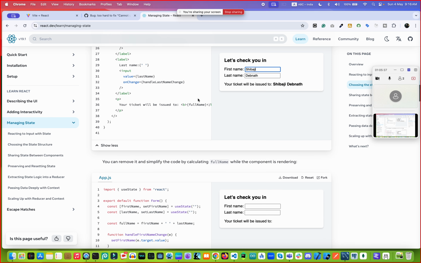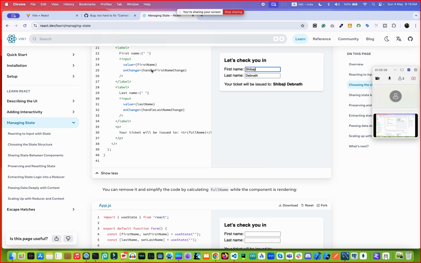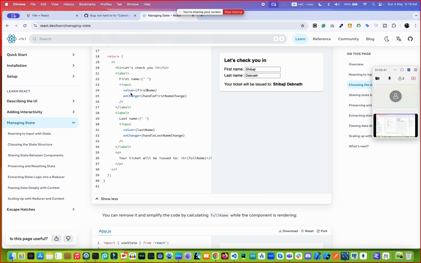If we replace it with on click, that will not work. If we change it to on click, it only works when it is clicked here. So this time you also saw I just used one click option, so the value also is not changed. I just tried to remove this particular name, Shivaji. So this time